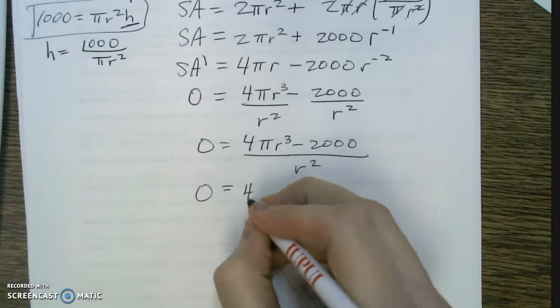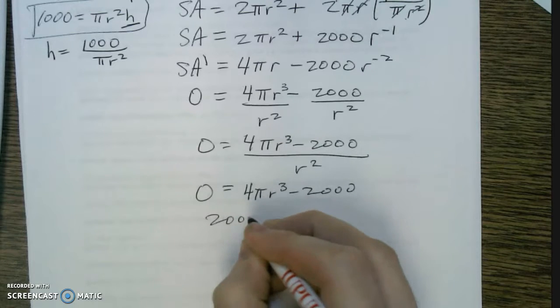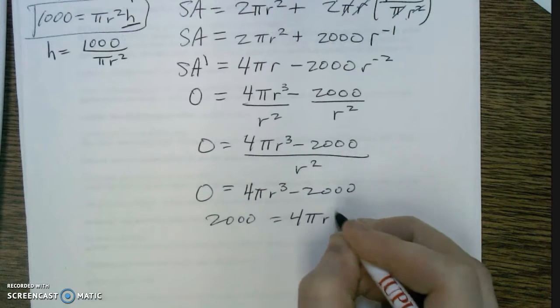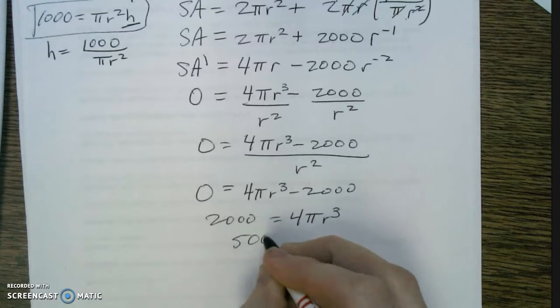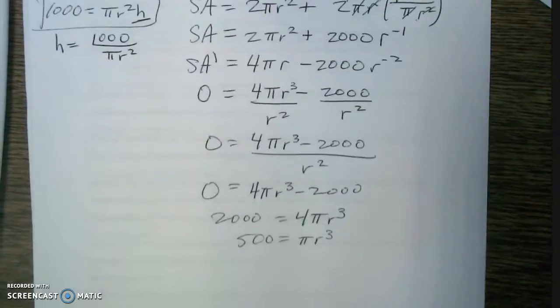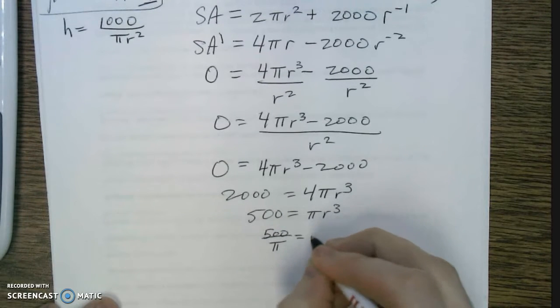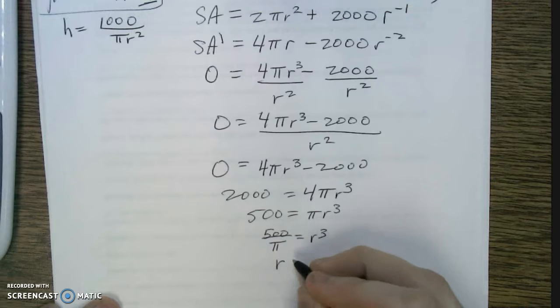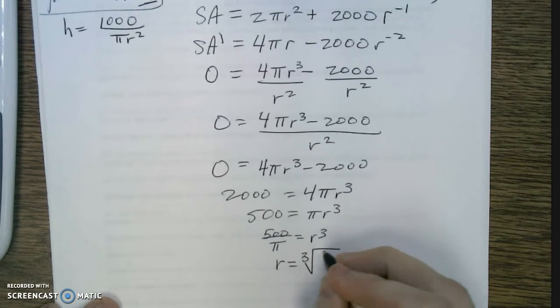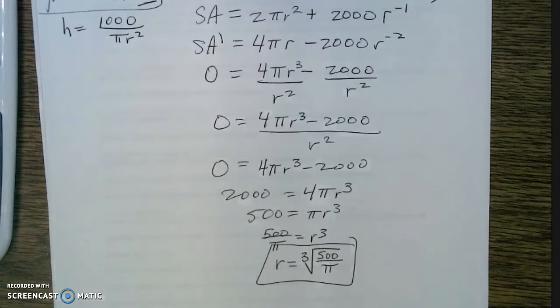So let's set the top. Add 2,000 to the other side. Divide by 4, you get 500. Divide by the pi, and you get 500 over pi. And then take the cube root to get r by itself. So this r is going to minimize my